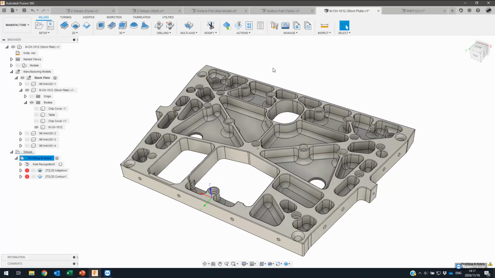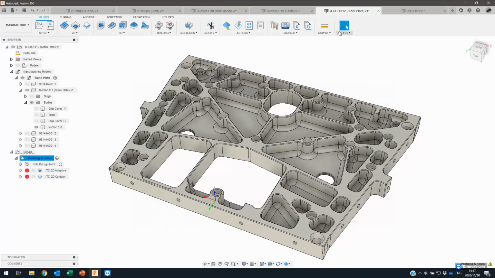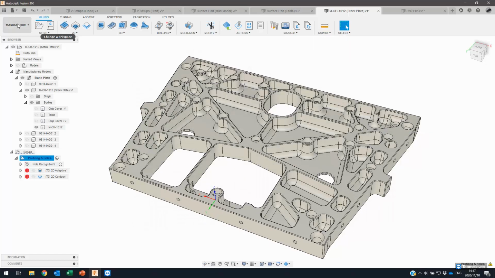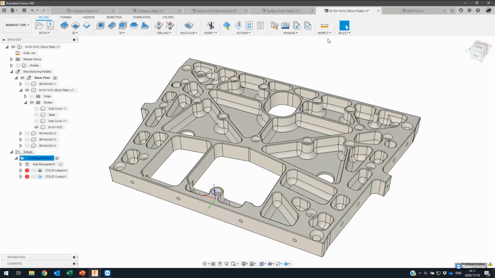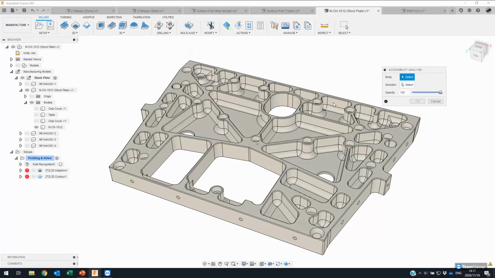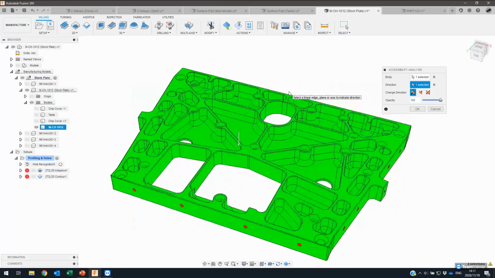And if I go to a more complex component here, we can do the same thing. I'm going to actually repeat the accessibility analysis. And we'll see now that I'm in the manufacturing workspace on this model, so the inspect tools are now limited to the accessibility and minimum radius. So if I go to accessibility, select the component, and then choose the direction in which I want to machine,